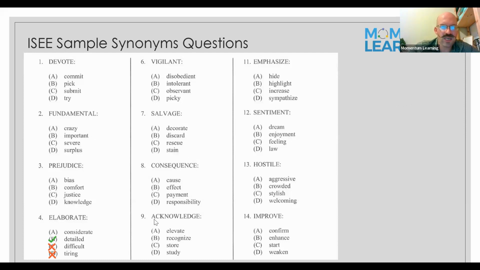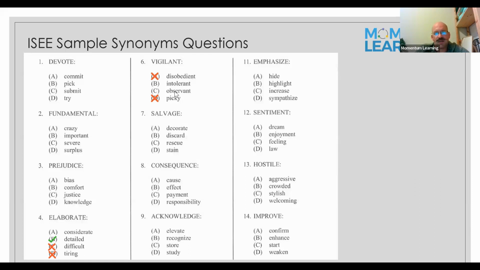Good. So looking at number 6, vigilant. Well, when we think of vigilant, we can think of a vigilante, somebody like Batman, somebody that is outside the law, fighting for their own justice, things like that. And definitely not somebody that we would describe as picky. So that wouldn't be vigilant. Disobedient, maybe, but if you're vigilant against something, disobedience really is not going to be the best fit there.